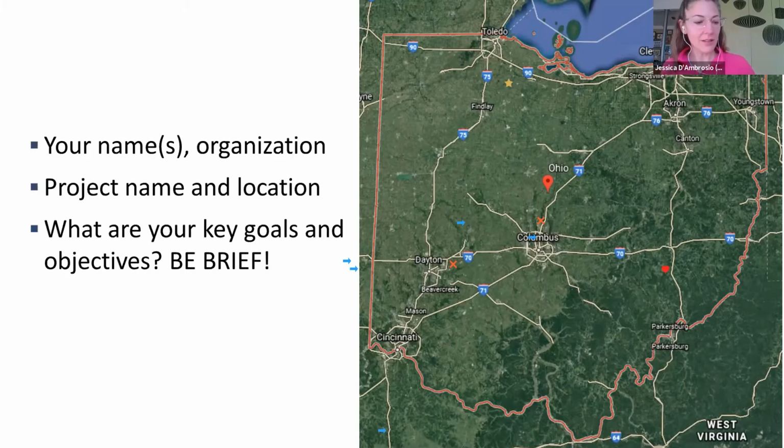We can go next. I'm Jessica D'Ambrosio. I'm with the Nature Conservancy in Ohio, and my partner is Vicki Ray Thorne. She's on the call today, but having some screen issues. She can hear everybody though. Her family has an 80-acre farm up near the Toledo area in Northwest Ohio. It's the little yellow star I put up there. And she is interested in